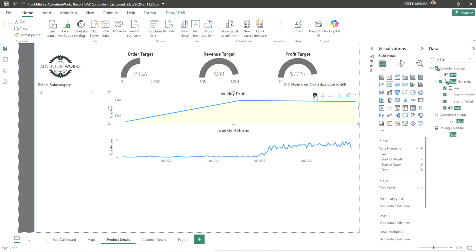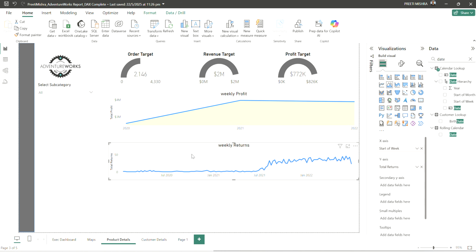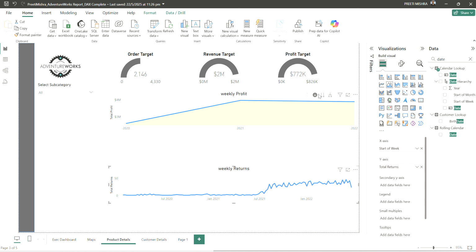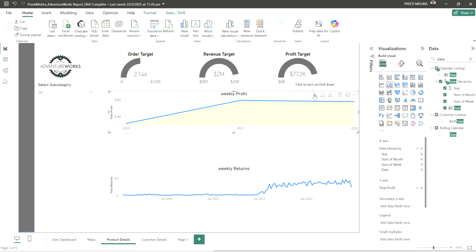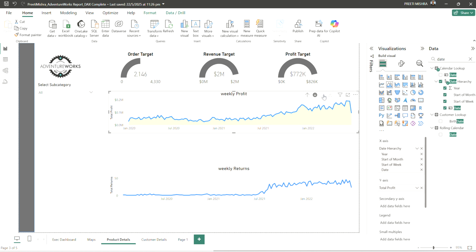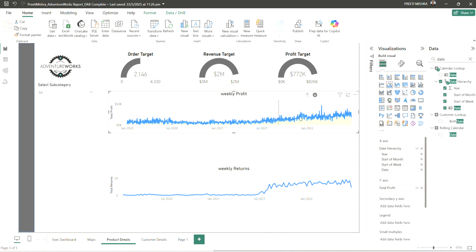I think the scale is not visible, so now it will be more clear. It is a yearly chart. When I further drill it down, it will take me to a monthly one, then the weekly one, and so on, till daily. So this is the daily chart that we got.